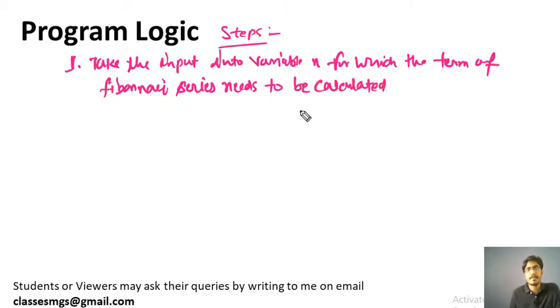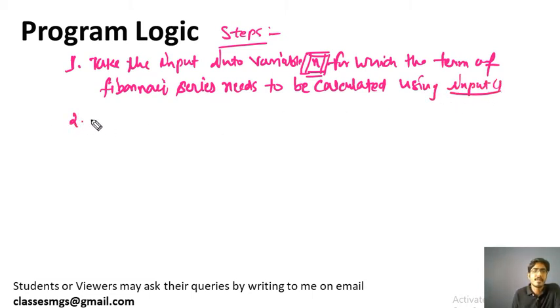We will take some input from the user, for which Fibonacci series term he wants, using the input method.